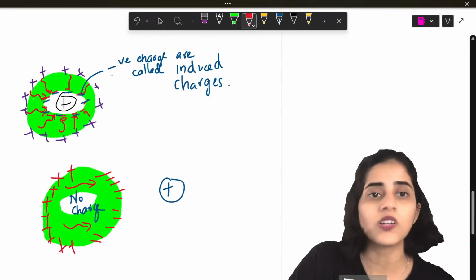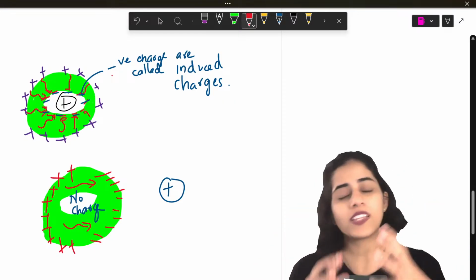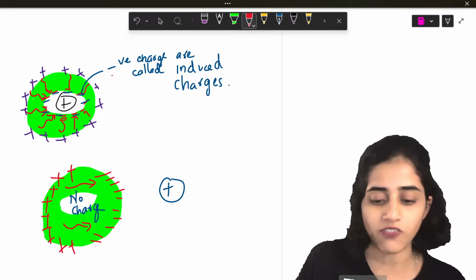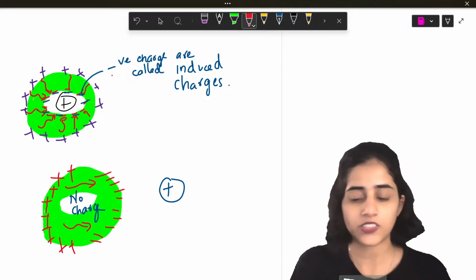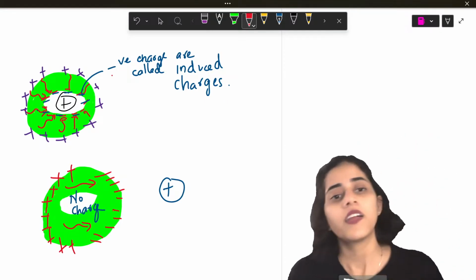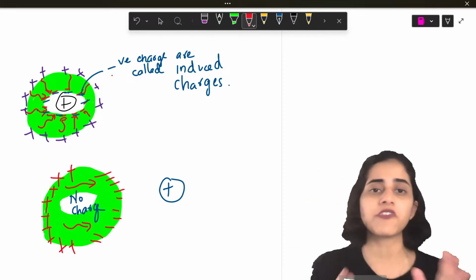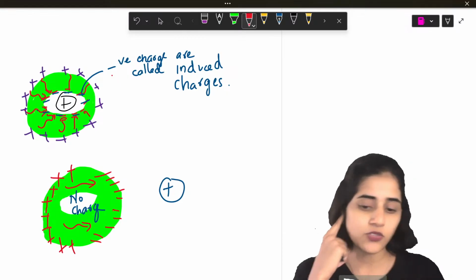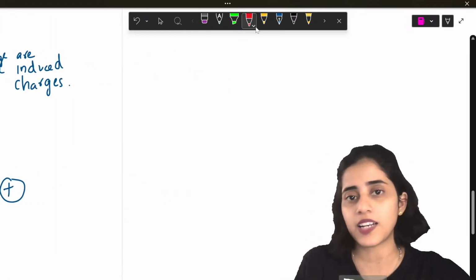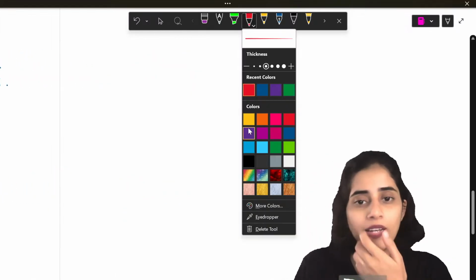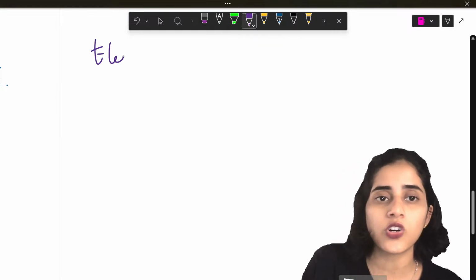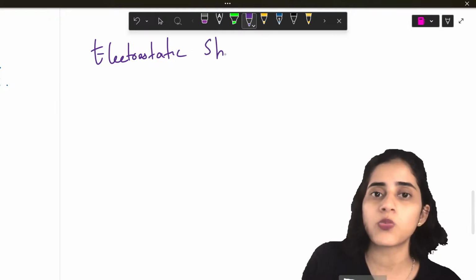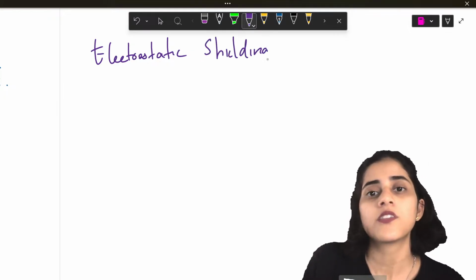So this is how charges flow inside a conductor when there is a cavity or when there is an external charge somewhere else. Do you understand that? Now, you can use a similar phenomenon to explain something called electrostatic shielding. I'm sure all of you have heard that term in class. So, what is it called? I will explain that. Electrostatic shielding. So, this is basically shielding from charges.